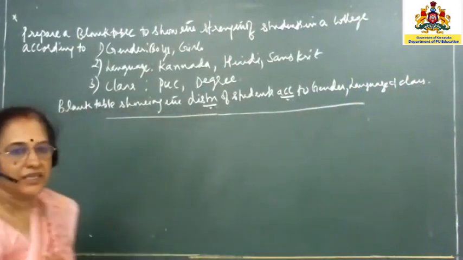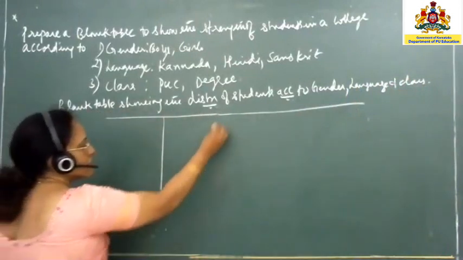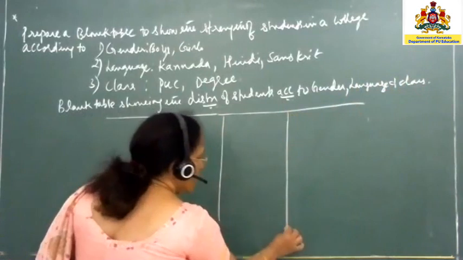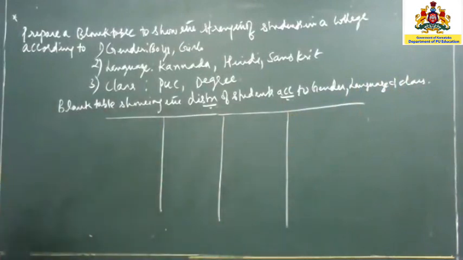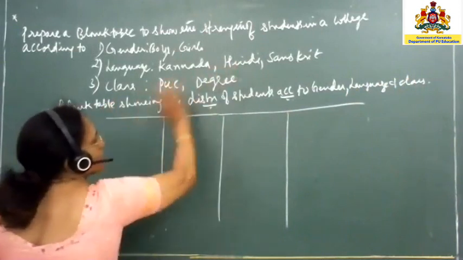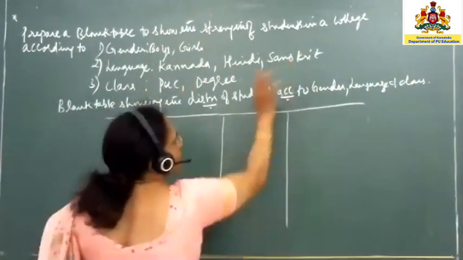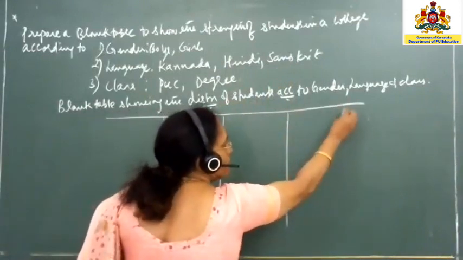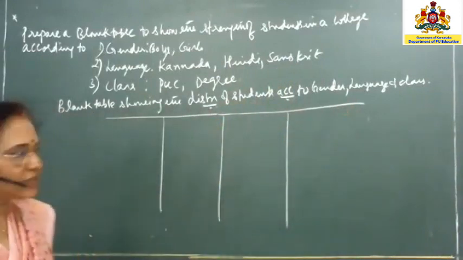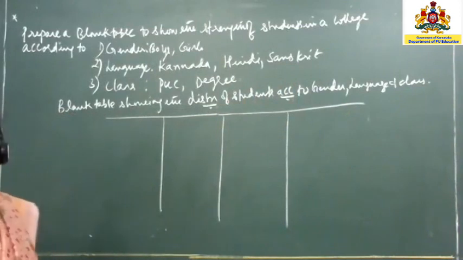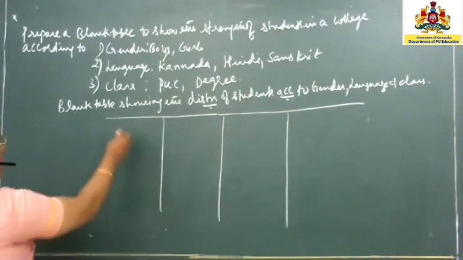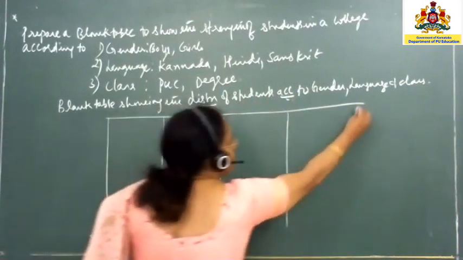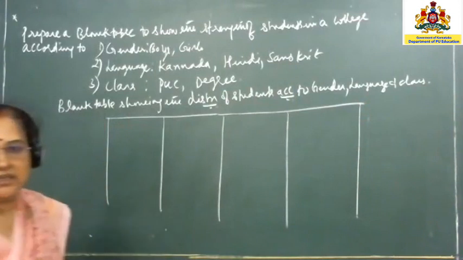First and foremost, you have to draw the columns and then the rows. Whenever you are drawing any blank table, you have to remember what is there other than the characteristic. For example, Kannada, Hindi, Sanskrit, so 3 columns you have to draw. Other than these three columns, I must have one more extra column. That is for total. If there are any numbers available and you want to find out the grand total, you can make use of that. It will be something like this. You will have one more extra column.